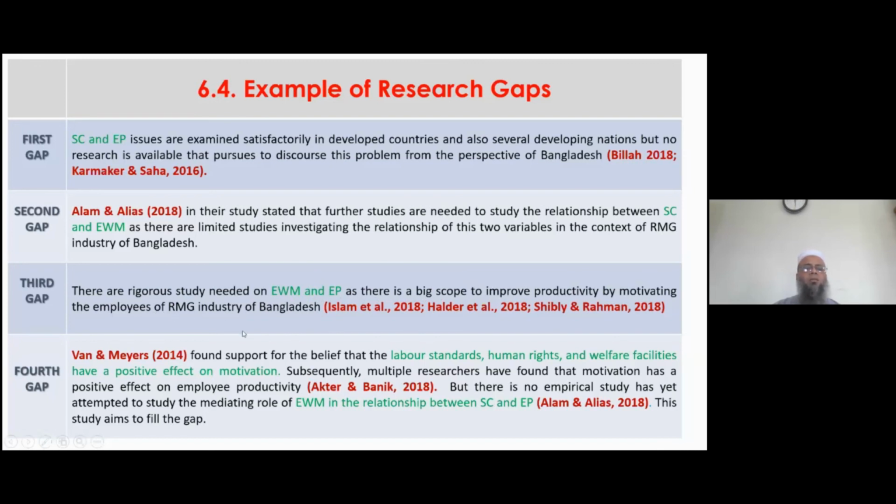So how to write the research gap. For the PhD level, a minimum of 4-5 gaps should be there. For any article, you must have 1 or 2 gaps that need to be fulfilled, because an article is a short study. That's why a minimum of 1 or 2 gaps must be there. But in the case of masters, 2, 3, 4, and 6, 7, or 4, 5 in the case of PhD, the gaps should be there.